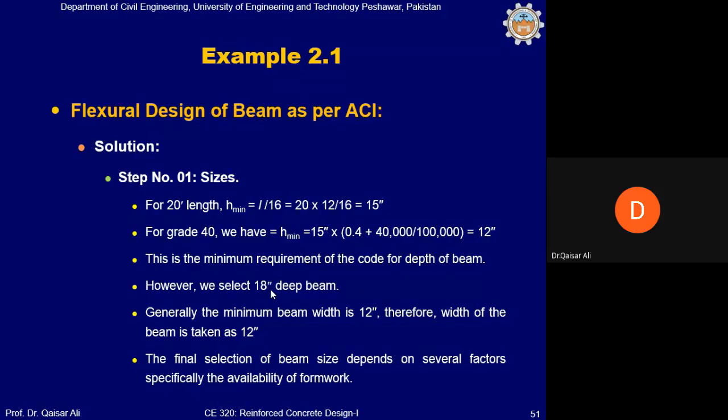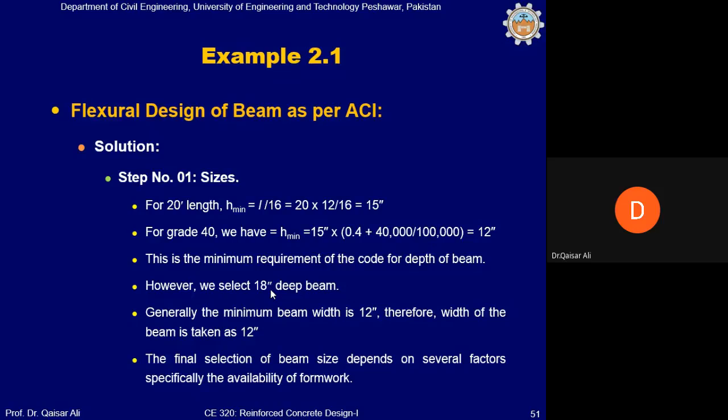These things you will understand slowly and gradually when you solve several problems. You come across different situations, so then you will understand what are the reasonable depths, the depths which are currently used, and